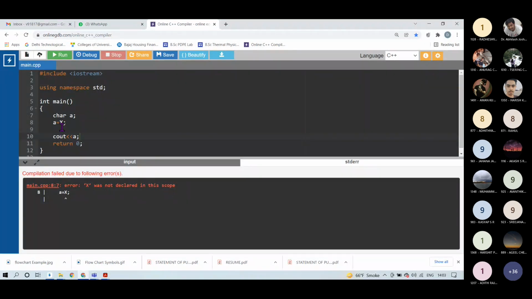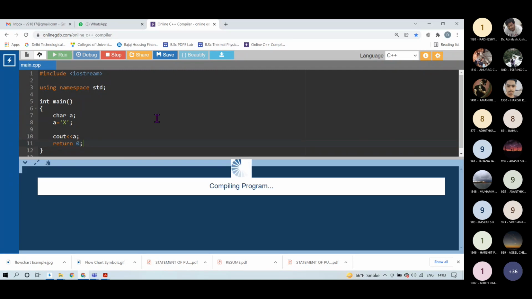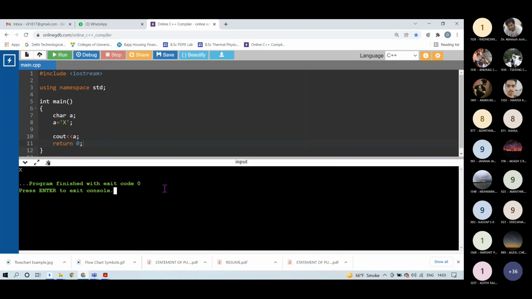This type of initialization, this type of assigning you cannot do with alphabets or with strings. For this, you have to write this X into single quotations. If I write this X into single quotation, then yes, this particular alphabet will be stored into variable A, right? If I run this now, it will show me X. So this is just a syntax problem, a syntax for which numbers can be stored directly, but alphabets or words have to be stored by this method, right?